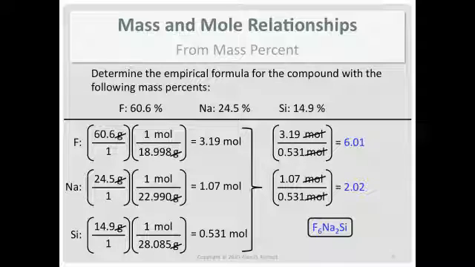For me, I don't really care what order you put them in, because you're not told anything else about the compound. It really is an ionic compound and is normally written Na2SiF6. It's called sodium fluorosilicate. Sometimes it's called sodium silica fluoride. But you don't know anything about that information, so this is sufficient.